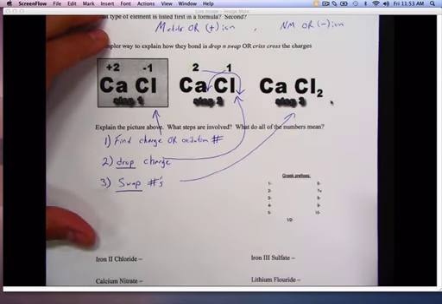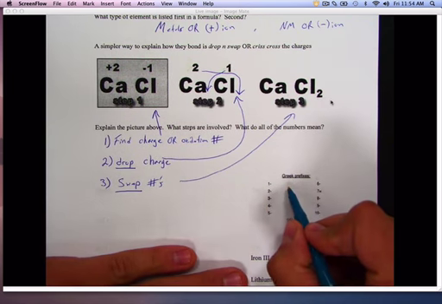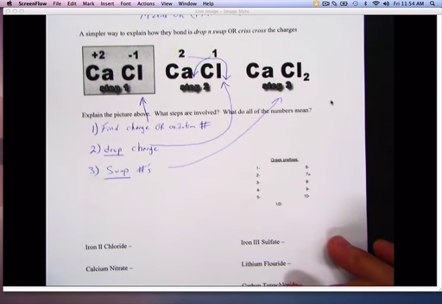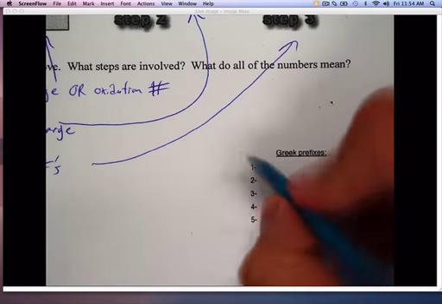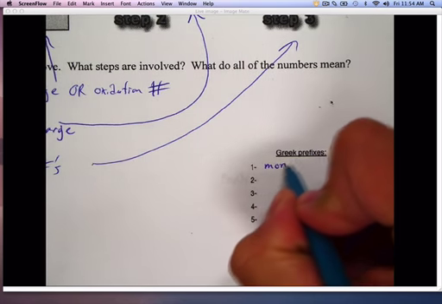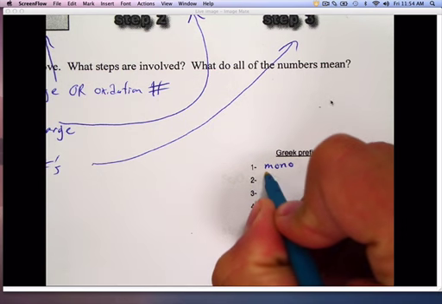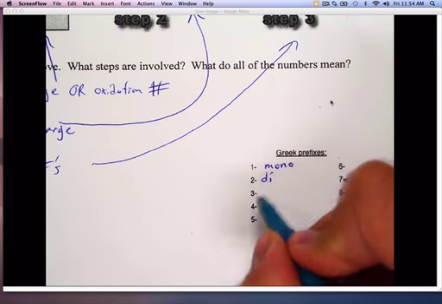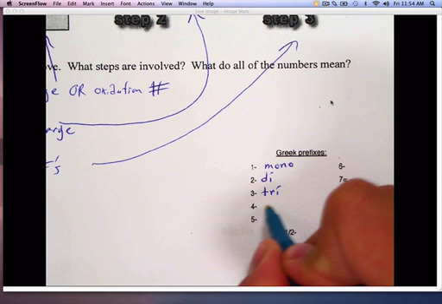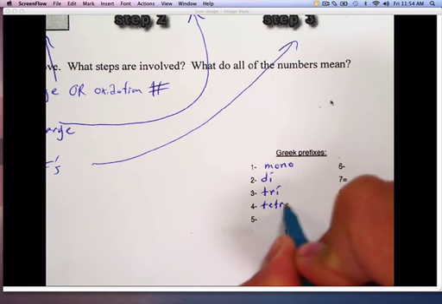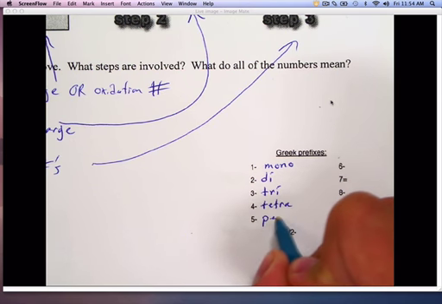When we're getting through this stuff, they're going to use prefixes. So the prefixes that we are talking about that you're going to need to know, and these are Greek prefixes. 1 is mono, 2 is di, 3 is tri, 4 is tetra, 5 is penta,